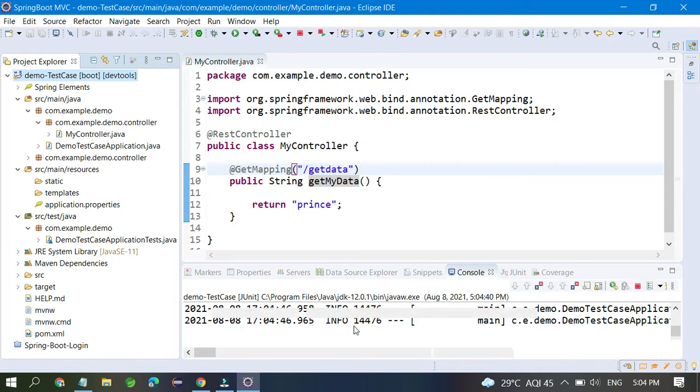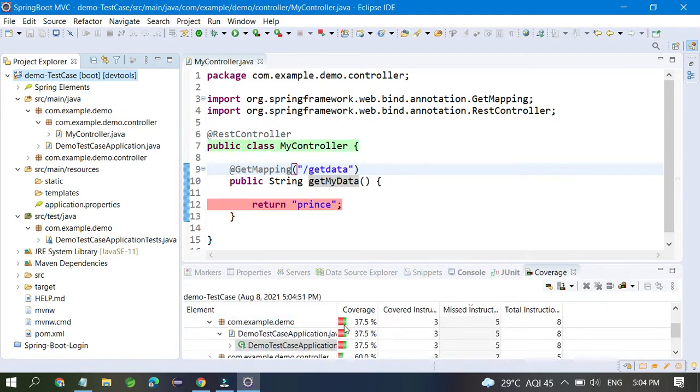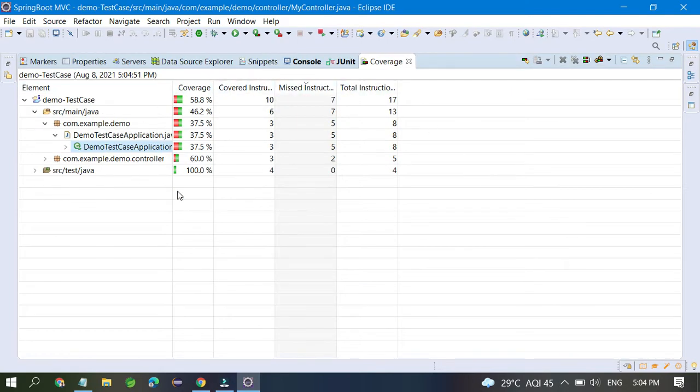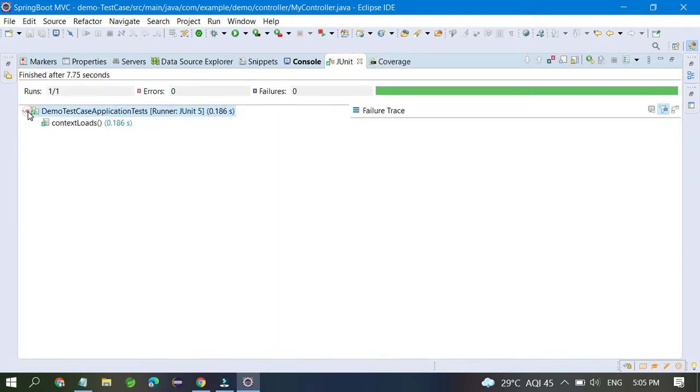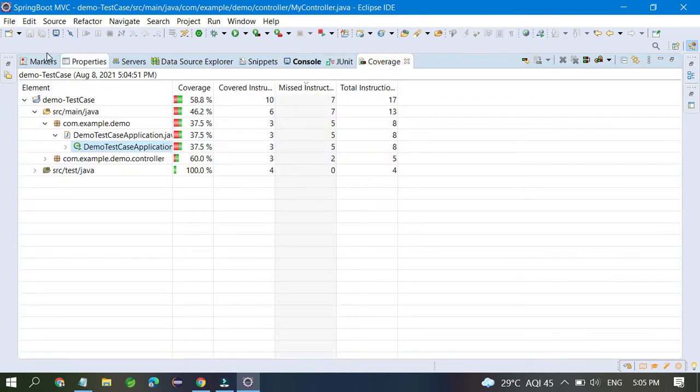Okay, so right now you can see 37.5% code covered only. How much? 58.8% code coverage there only. Lines of code have increased. You can see only one code coverage there, and it's fine. Code coverage is not going to progress. Earlier you could see this was the only one, but right now one more controller is added, and this is also not going to cover 60%. So this is the problem, and you have to cover each and everything.